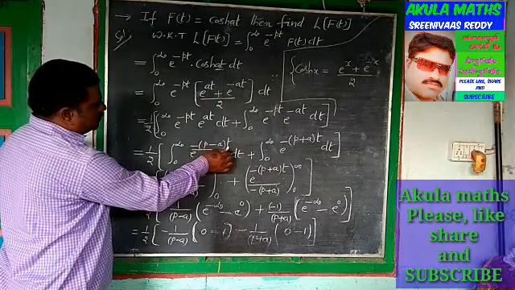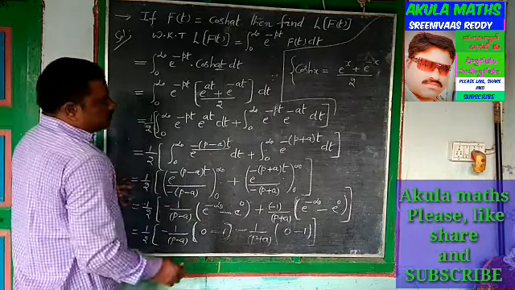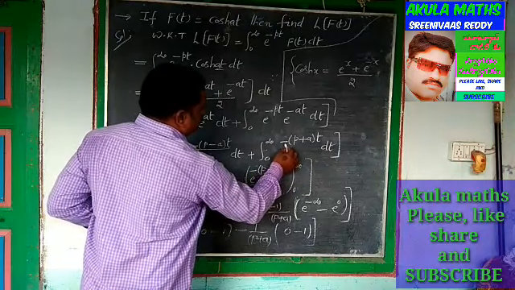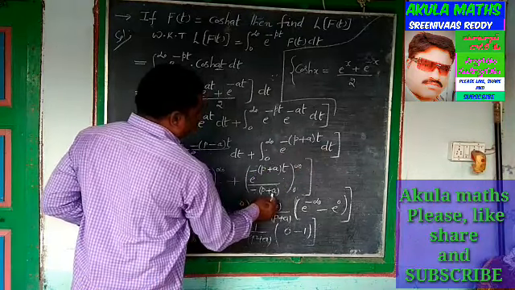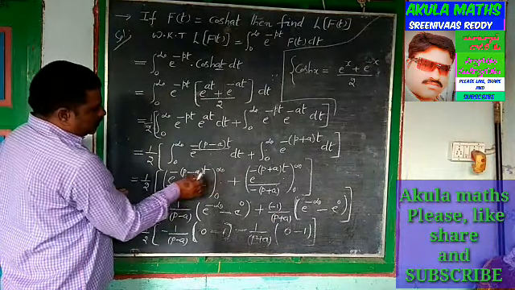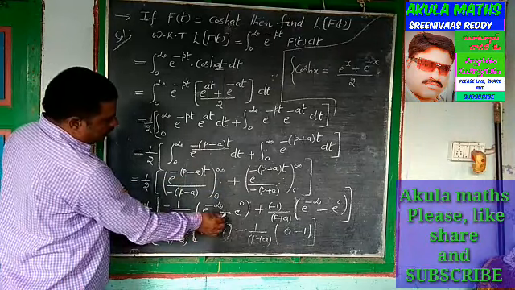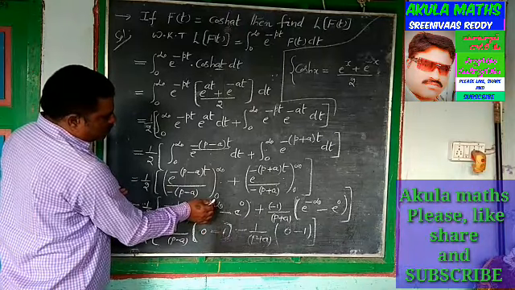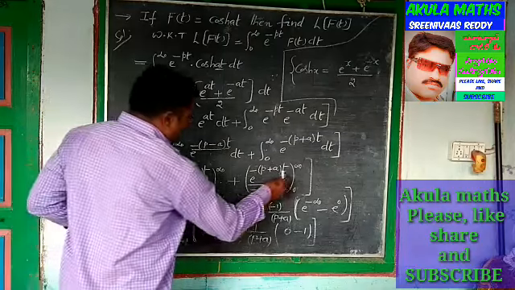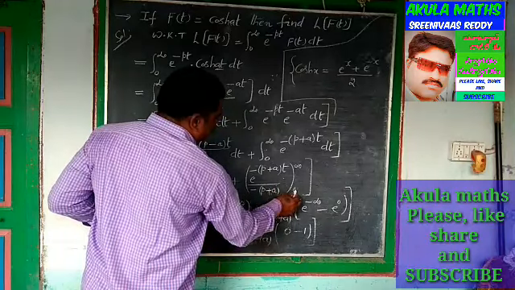So now differentiate with respect to t. So minus of p minus a, 0 to infinity, here also e power x by, now differentiate with respect to t, minus of p plus a. Now first we substitute the upper limit infinity. We replace t is equal to infinity, so e power infinity minus e power, now we replace t is equal to 0, e power 0. In the same way, we replace t is equal to infinity and t is equal to 0.